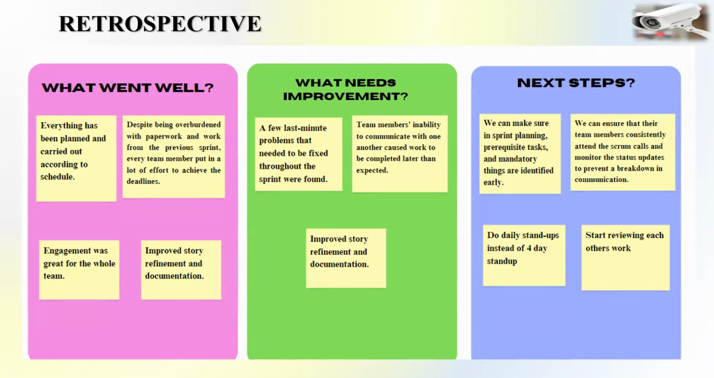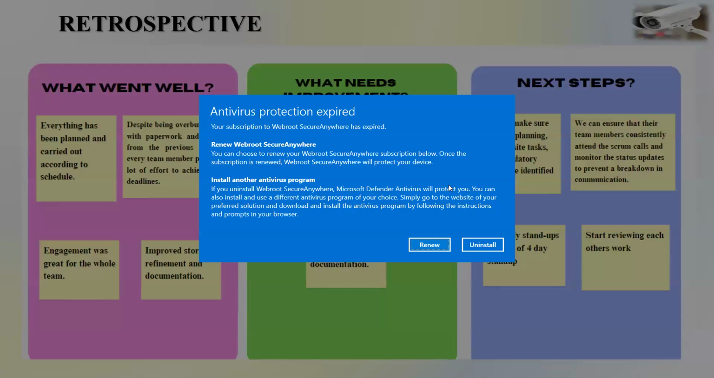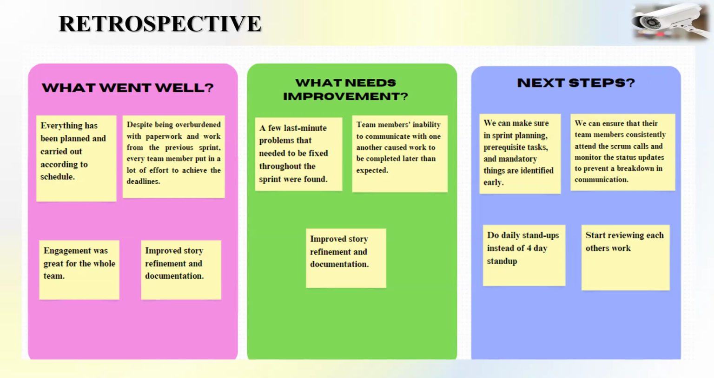Yeah, these are our retrospective points. What went well: everything was planned and carried out according to the schedule. So this is our first point. The other point is that despite being overburdened with paperwork and work from the previous sprint, every team member put in a lot of effort to achieve the deadlines. The third point is that management was great for the whole team,